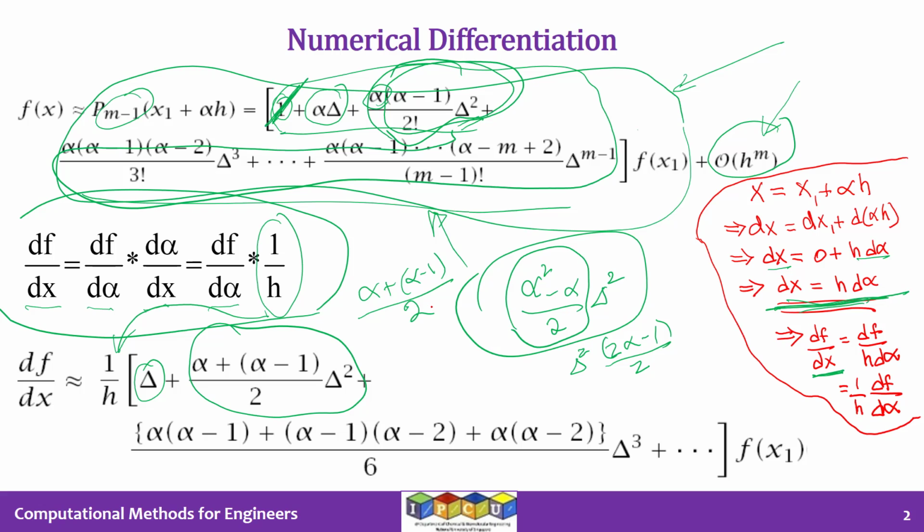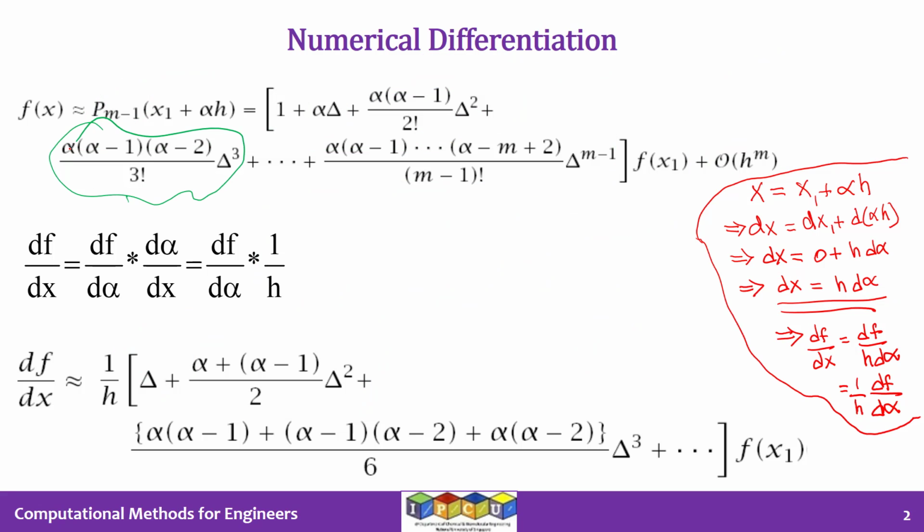So whichever route you follow, you're going to get this based on this term. If you differentiate this term that I'm circling now, you're going to get this. Feel free to use either the chain rule or expand it and then differentiate. In either case, you will get the same result. When you come to the third term, if you differentiate this with respect to alpha, you're going to get delta cube by 3 factorial in any case. So delta cube by 3 factorial, which is 6.